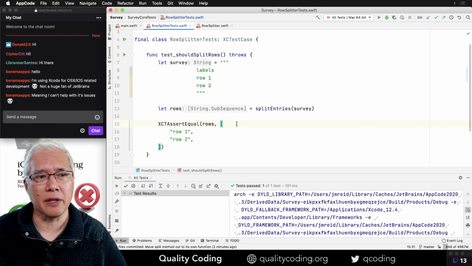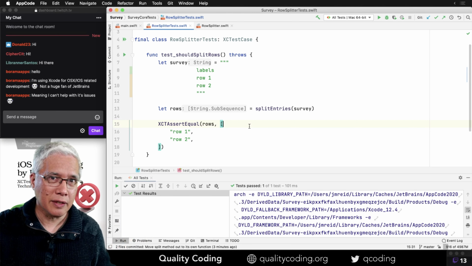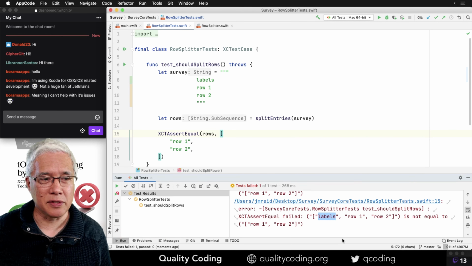so let me run this test. In test-driven development, it's very helpful to state your expectations because the process is that you have tests and production code, but sometimes you want the test to pass and sometimes you want it to fail. And sometimes there are surprises. So we call the shot to see if we're successful. I expect this will fail. Right? It returned the labels instead of wiping them out.